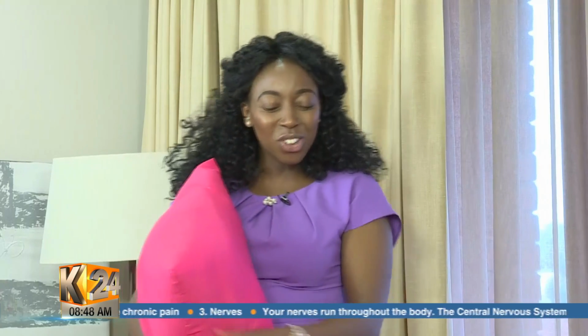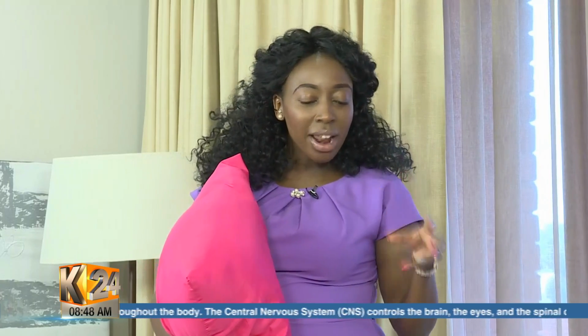For those who actually have back pain, Jackie, what have they actually been doing wrong overnight, and even in terms of their neck? So you find people will wake up, they'll say, my neck, I slept badly. How do you think they probably slept? Is it in that position? Or the pillow is too high? Exactly. The pillow is either too high, or they place the pillow in the wrong position, or another important aspect